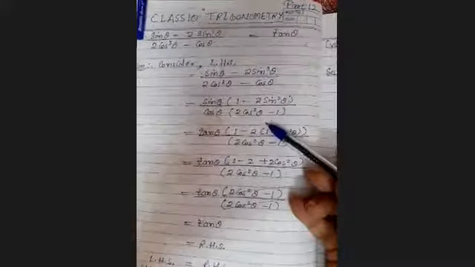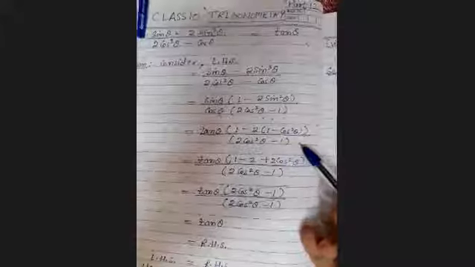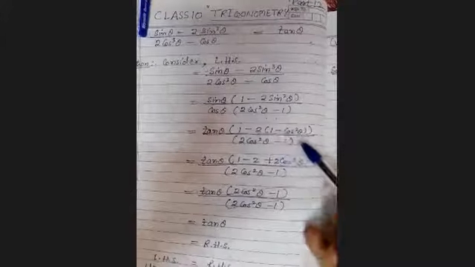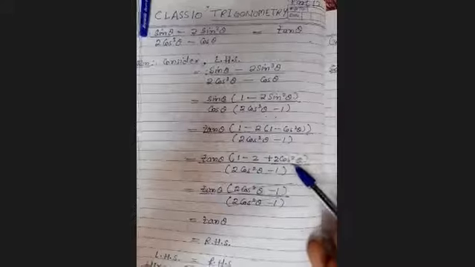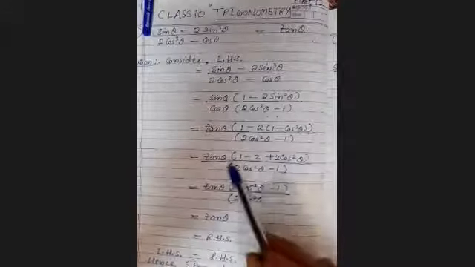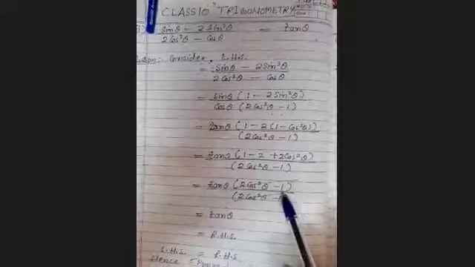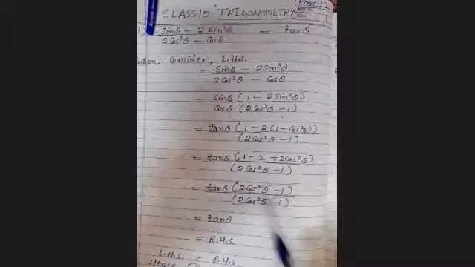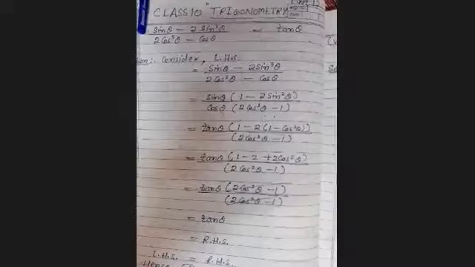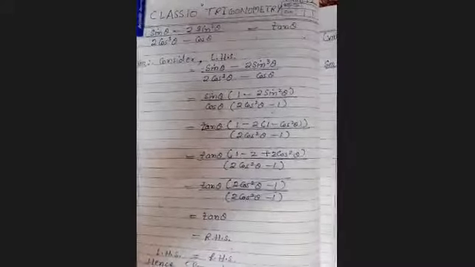This is our choice. I am changing sin² θ as 1 − cos² θ, the first identity. Let us multiply with 2, and after multiplying we are getting it. Now 2 cos² θ is as it is, and −2 plus 1 will become −1. You can see here the numerator 2 cos² θ − 1, and the denominator is also 2 cos² θ − 1, which is cancelled, and tan θ is left, which is the right hand side. Hence it is proved. Similarly, we will prove the next question.